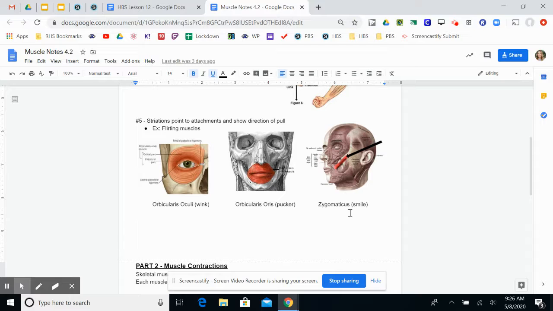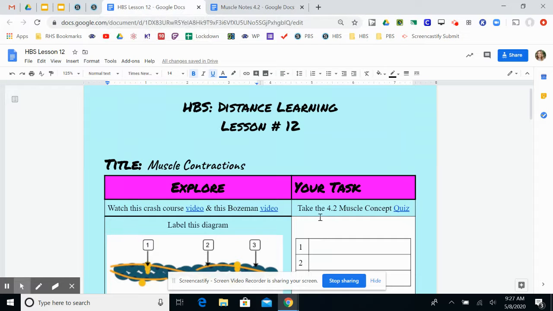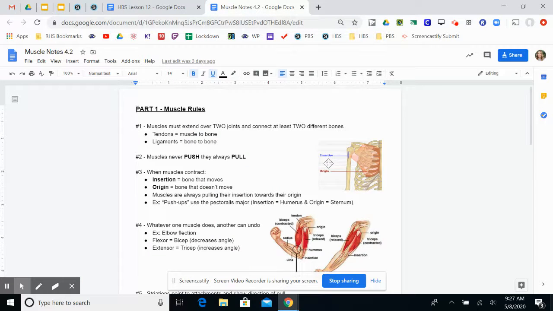And the zygomaticus is that muscle that's going to pull up each of your corners. So you can look at the striations of the muscles and figure out where their insertion is and where their origin is and what direction they're going to move when they pull against each other. So that was lesson 11, and lesson 12 is taking a little bit closer look at when those muscles do